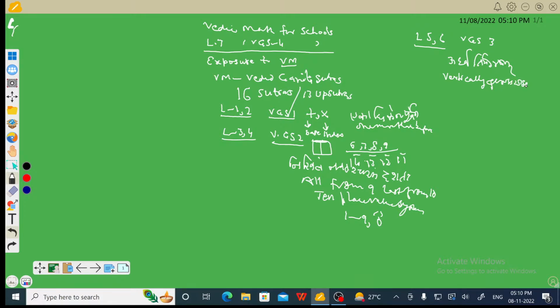Its expression is like going upward and going diagonal wise, and the initial application of this has been taken for double digit numbers multiplication,